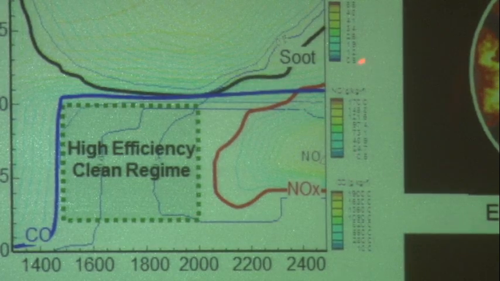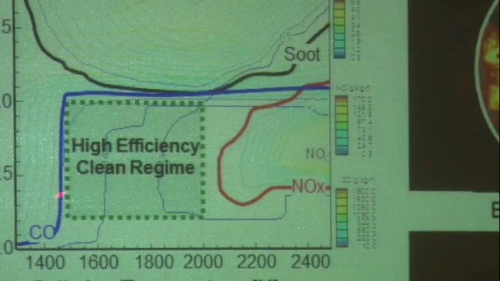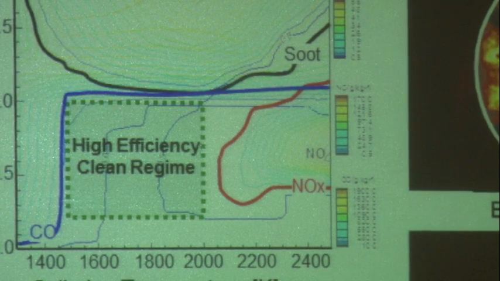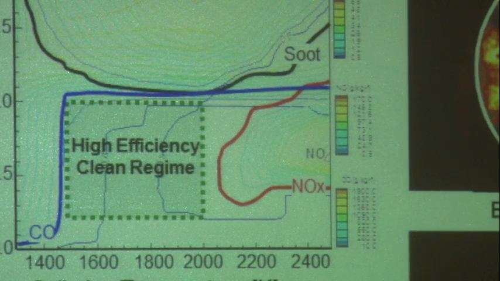There is a regime here. If you can operate between, say, 1500 or 1600 Kelvin and 2000, and equivalence ratios below stoichiometric, there is the possibility of operating with very low soot and nitric oxide while still maintaining combustion efficiency such that you can minimize